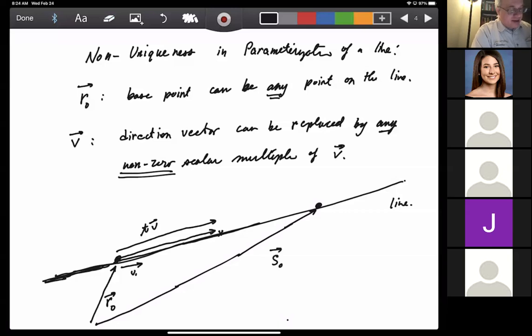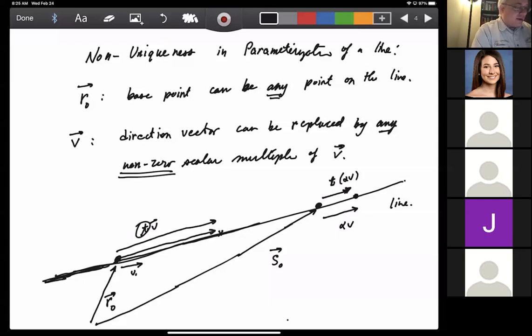This is a different base point on the line. And if we pick a different direction vector, we want to get to different points on the line. Again, we can take arbitrary scalar multiples. If we use the symbol T to get to another point on the line,